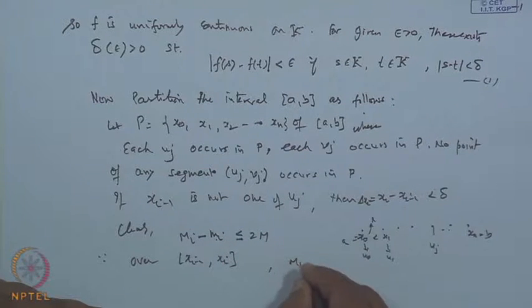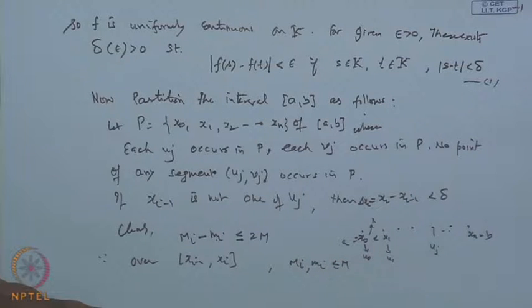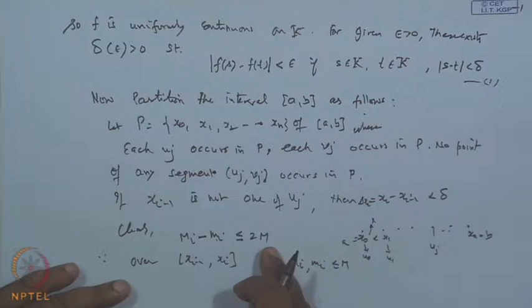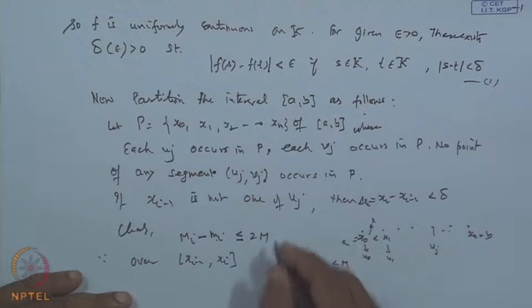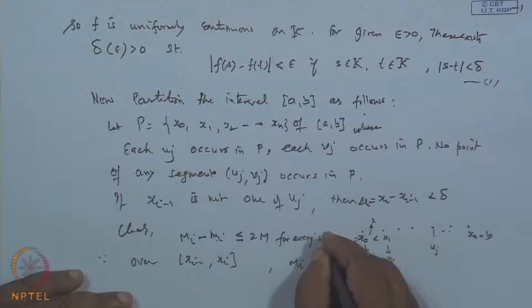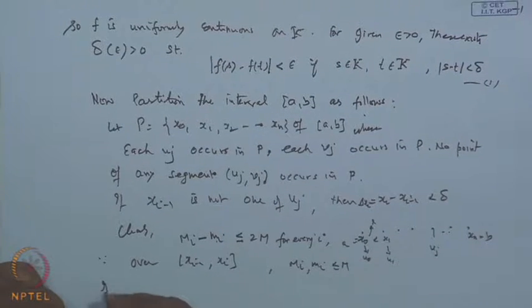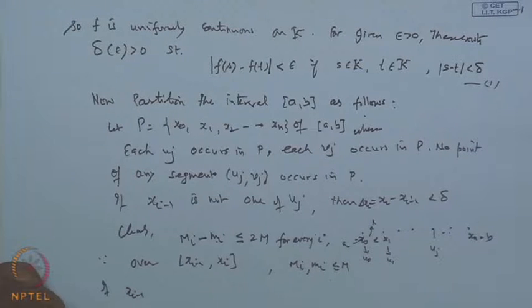So, capital M_i as well as small m_i are both less than or equal to M. So, M_i minus m_i is less than or equal to 2M. This is true for each i, for every i. And further, if x_{i-1} is not one of the points